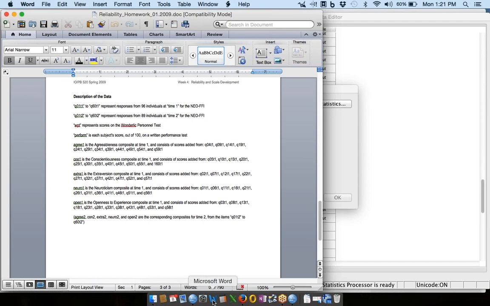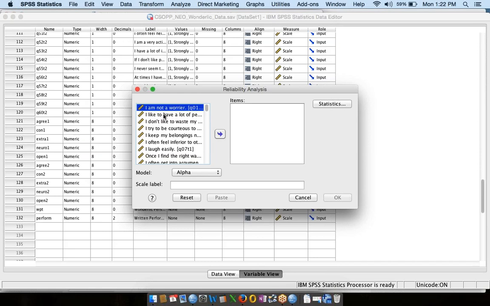Okay, so I need questions 4, 9, 14, 19, 24, 29, 34, 39, 44, 49, 54, and 59. We can't use the sum of that scale because we need item data for this particular exercise. So I'm going to go down. That's question 4,